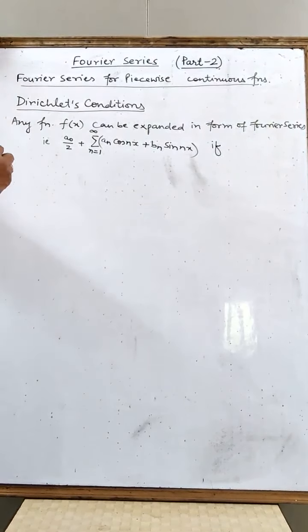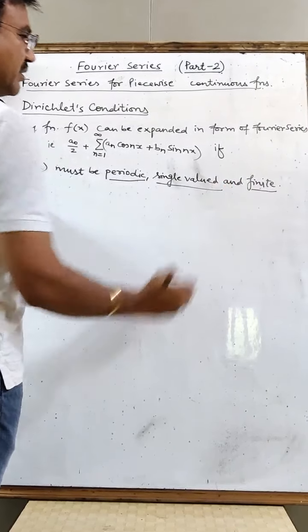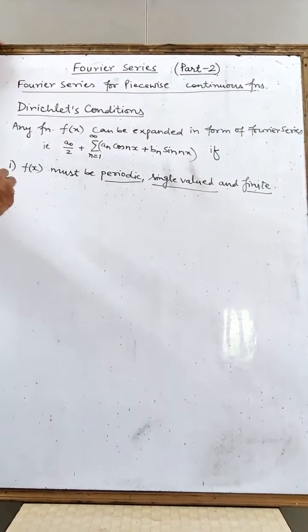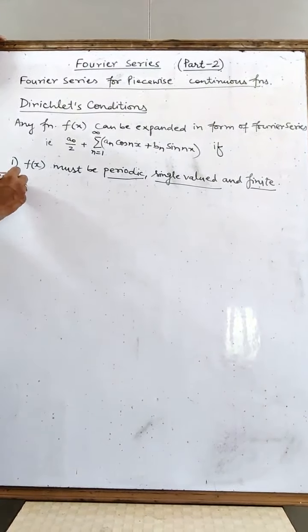First is, f(x) must be periodic, single valued, and finite function. Again, f(x) must be periodic, single valued, and finite function. Second condition,